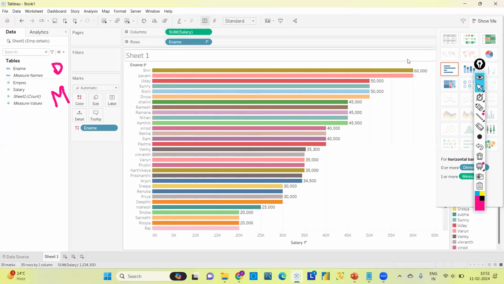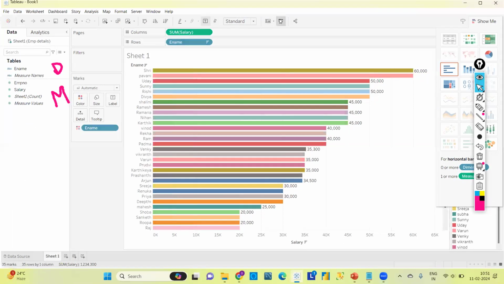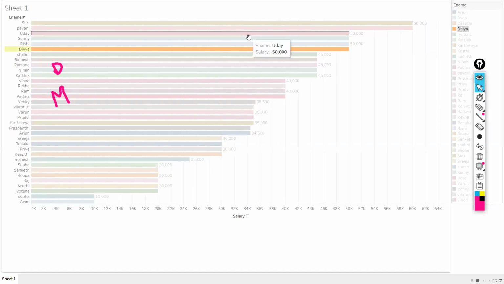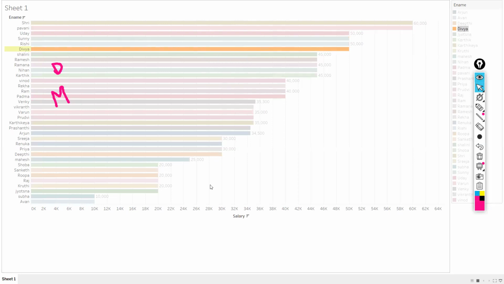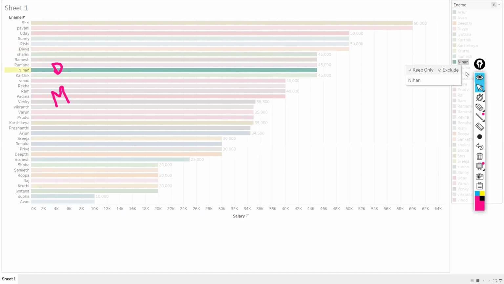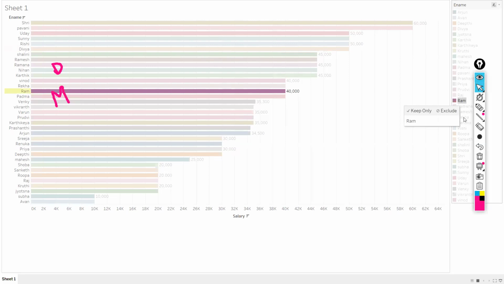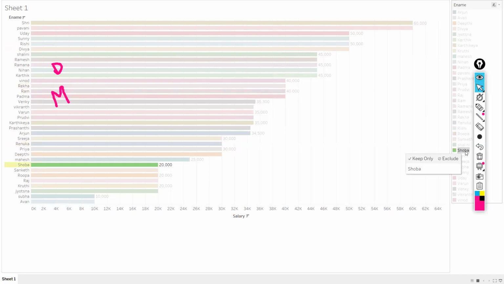So the usage of this is, if we want to make any changes, we can simply select here. Like if I click Divya here, it showed only Divya data, and everything else is disabled for now, right? So we can select anyone here like this. This is, again, we can say, a type of filter, right?